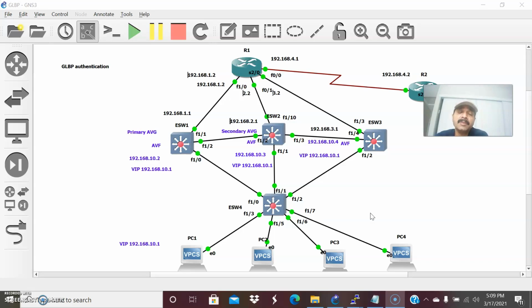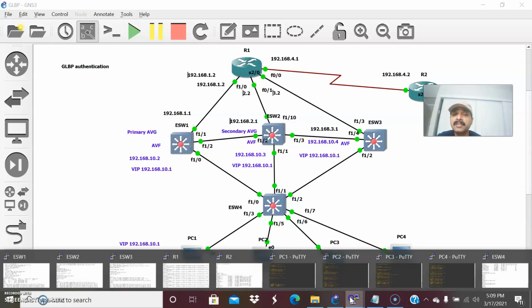And about GLBP, there are three types of authentication. If I'm configuring no authentication, we call this null authentication. Another one is configuring using a text value, which we call GLBP text authentication. And the third is authentication using an MD5 digest value. Assume there is a mismatch in the authentication. Then there will not be any proper communication between the GLBP primary and the secondary router, and it can also lead to network issues. That is the main problem with GLBP authentication. If I configure an authentication text parameter on the primary, the same authentication value should be matched on all three routers for proper communication.